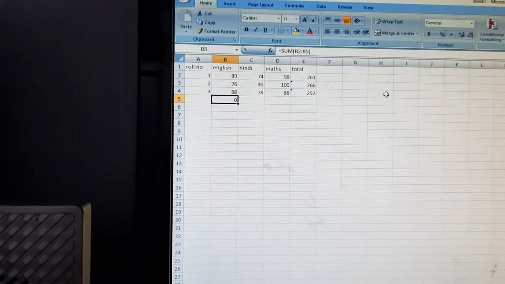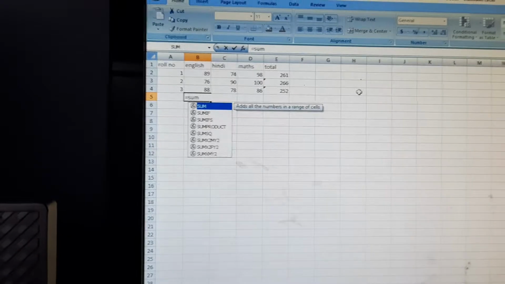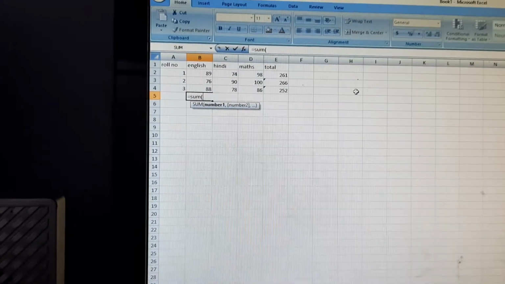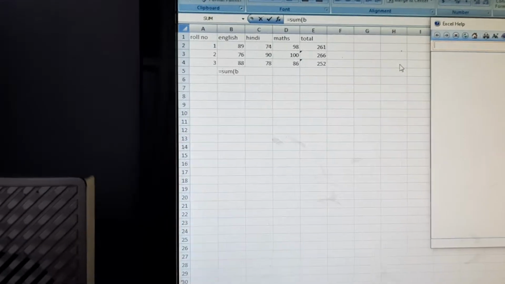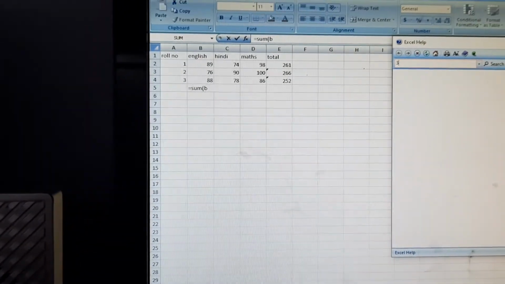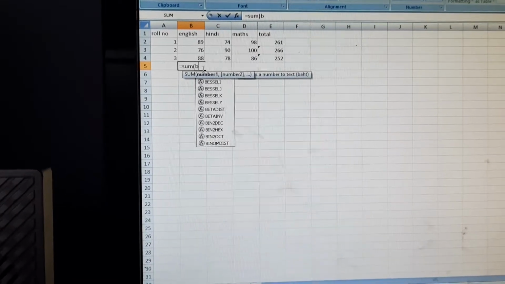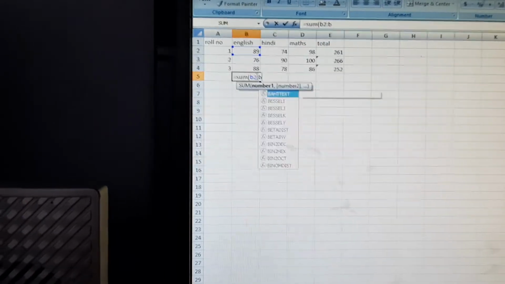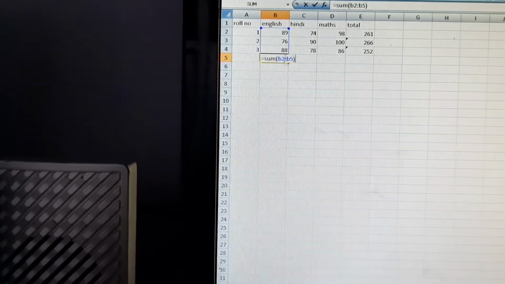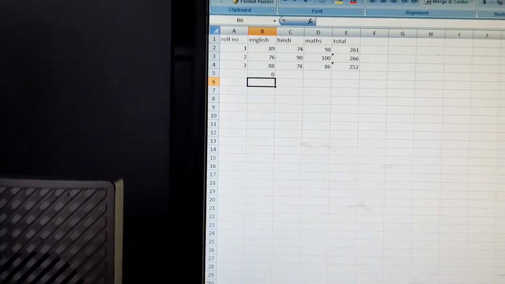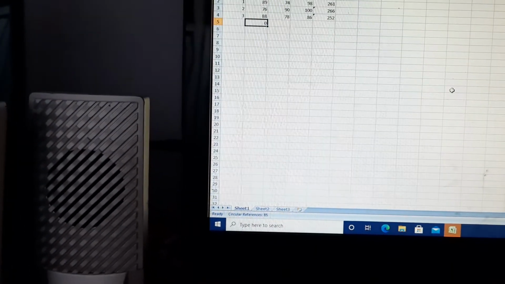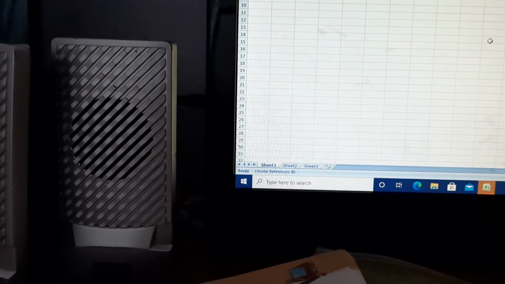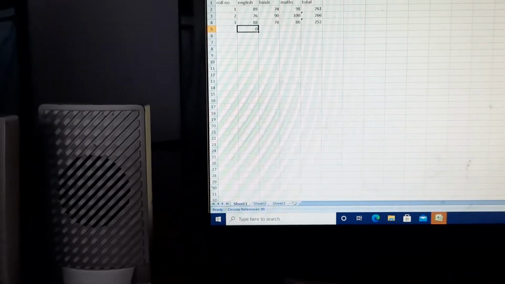Wait a minute, something has gone wrong. Always use equal to sum, B2 colon B5. See, it is selected. Now I close the parenthesis and just enter it. I'm sorry, it is B5, not B.